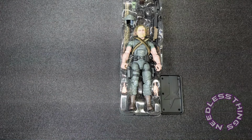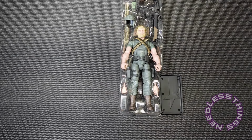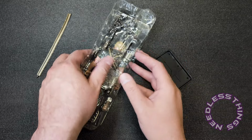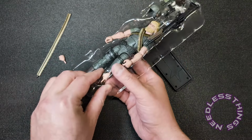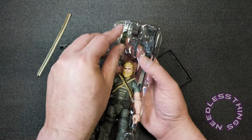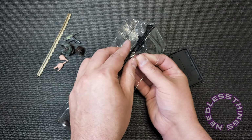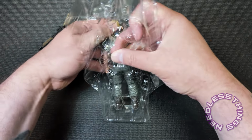And I've never been a Mint on Card guy. I'm just not. There are a few pieces in my collection, a few things that I've got boxed or Mint on Card or whatever you want to call it, and that's fine. And one of my goals is, at some point, I plan to have a Mint in Box Special Mission Brazil. That is one of the few things that I would genuinely want, because I feel like I should have a G.I. Joe piece Mint on Card, just because it is my primary collection. It's the thing that,